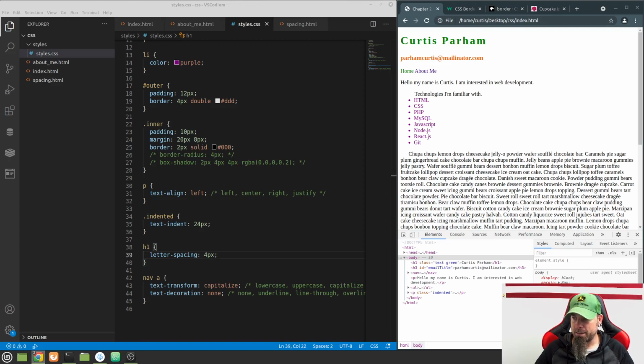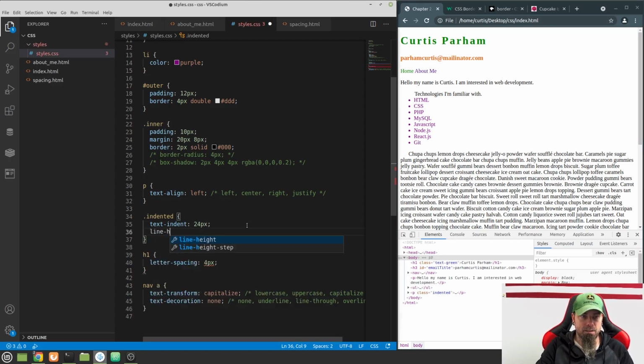Let's talk about line height. Okay, so the amount of distance here. So let's go back to our indented paragraph here, and let's put in line height and see what happens. So I'm going to put in something really noticeable like 12 pixels here,